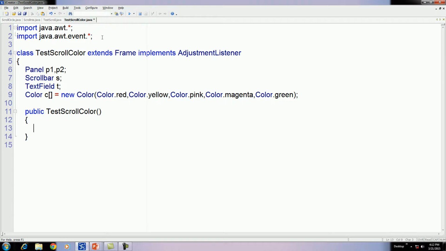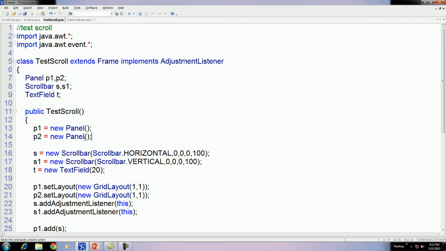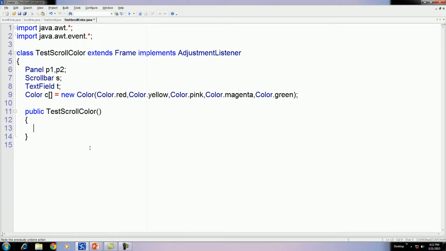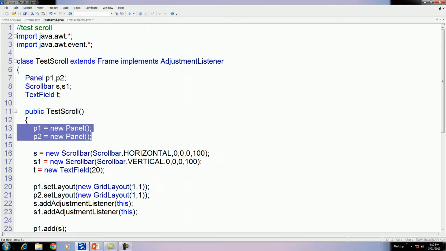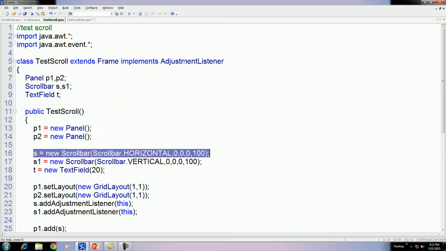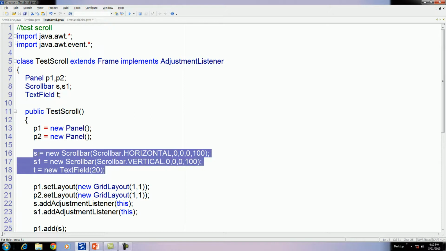Okay, again build the panels. Now here also we want a horizontal scroll and one text field.